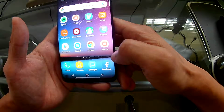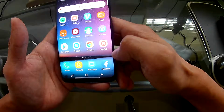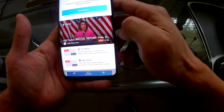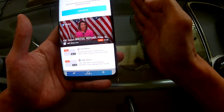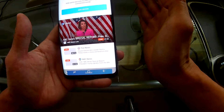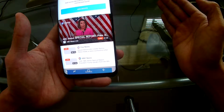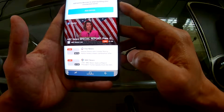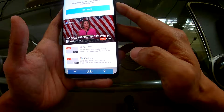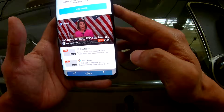Another thing that's new, at least compared to the S6 Edge, is the Bixby feature, which is the virtual assistant. How this works is you go on the left side edge, not the right side edge. The right side edge will pull out the usual menu, which is not new with the S6 Edge. But if you slide from the left side, you pull up Bixby, your virtual assistant. In my opinion, I have only used it for simple demands. Let's give it an example. How you would call this virtual assistant is to say, "Hi Bixby,